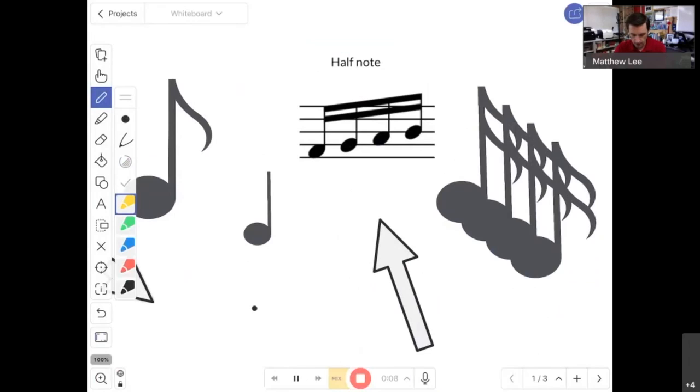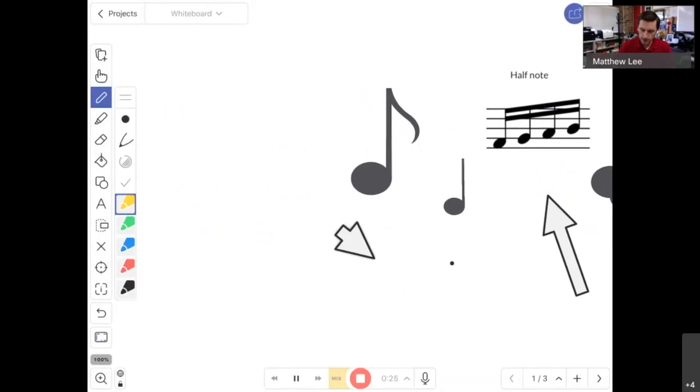So I could go here and I can do a laser pointer and say, okay, let's identify this note. What type of note is this? This is a quarter note, or these are 16th notes, or this is an eighth note. And I can be talking about that. I can also be going through adjusting the canvas and saying,